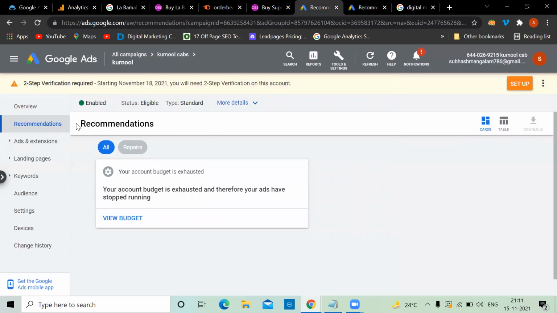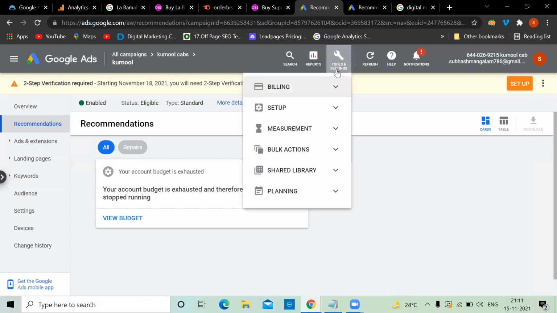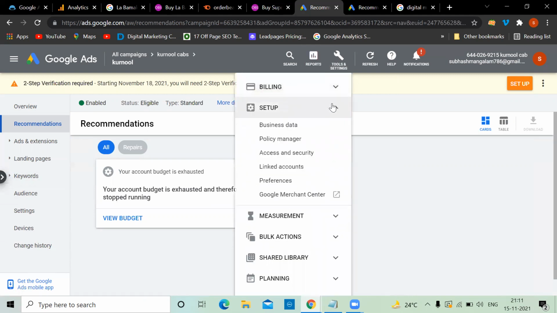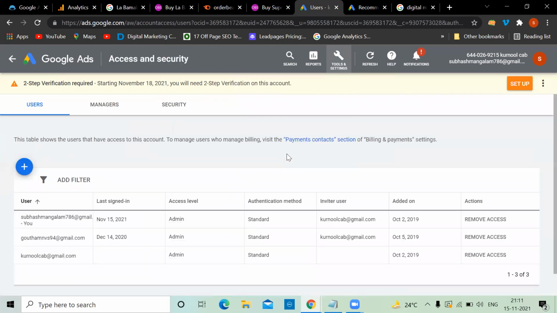Now all these settings, device, audience, are nothing but the information you're getting. Then tools and settings, this is billing information. And here is an option called access and security, where you can give Google Ads access to another person. Like if you want to work for your client, your client will not give his Gmail ID password.